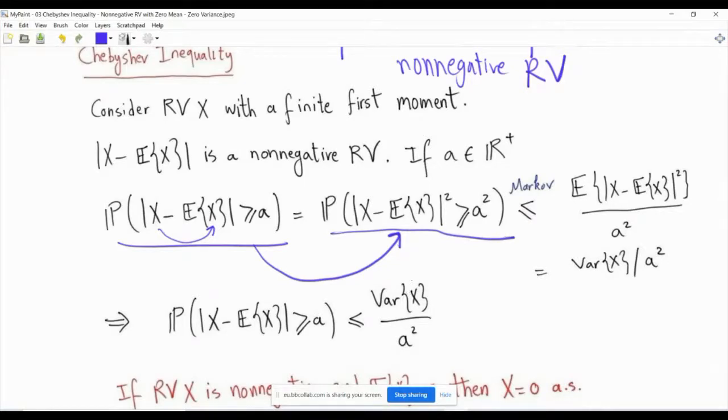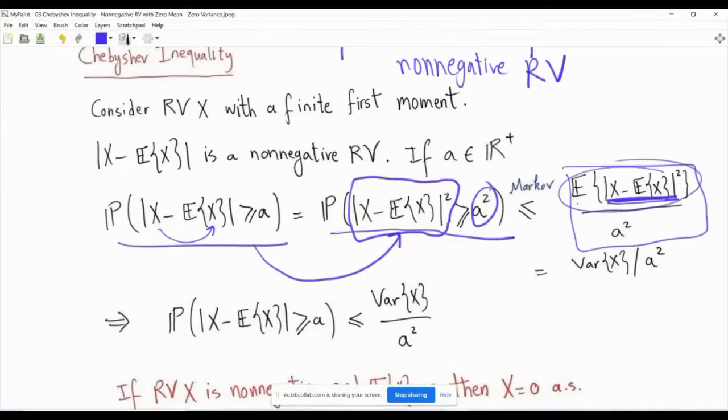So what does the Markov inequality tell you? This probability is less than or equal to something over something. The numerator is the first moment, the expectation, of whatever you have here. It must be a non-negative random variable, which is what we have, so we take the expectation of X minus expected X all squared. And then you divide by this thing. It's this over that, and what we see here is simply the variance of X. So this is our inequality.